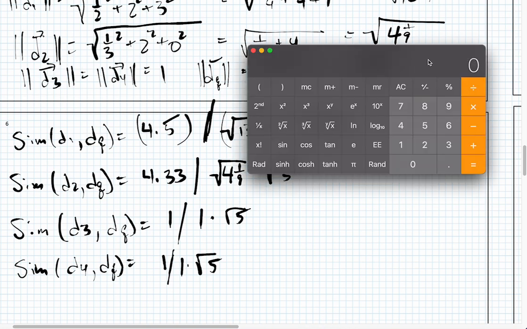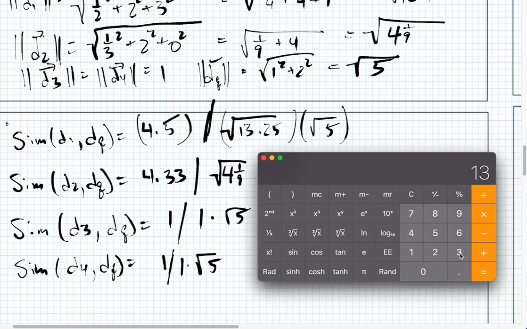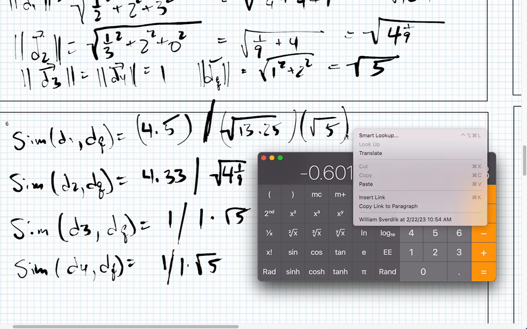I don't know if you can all see the calculator on here, but I am going 13.25, and I'm taking the square root of that, and I am multiplying that times 5. The square root of that is equal to that. I'm going to hang on here. Memory clear, memory plus, and I'm going to go 4.5 divided by memory recall equals, and this over here, oh heck,